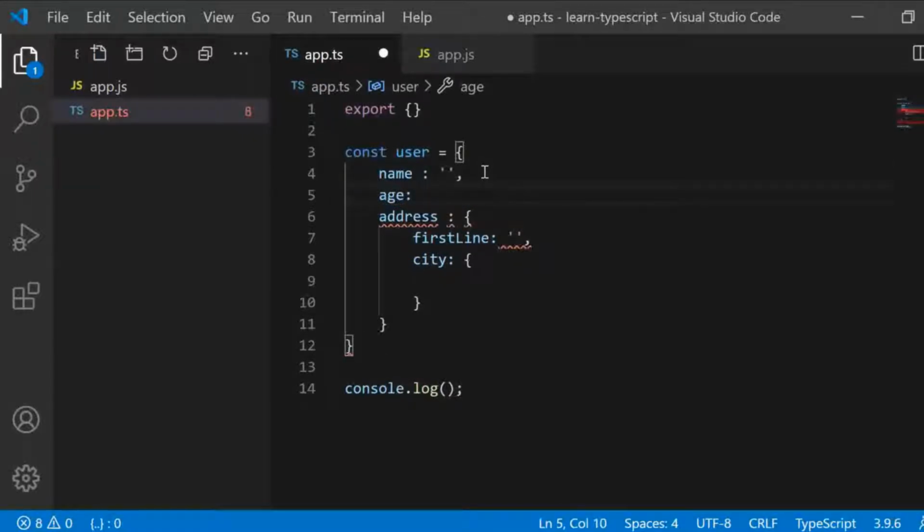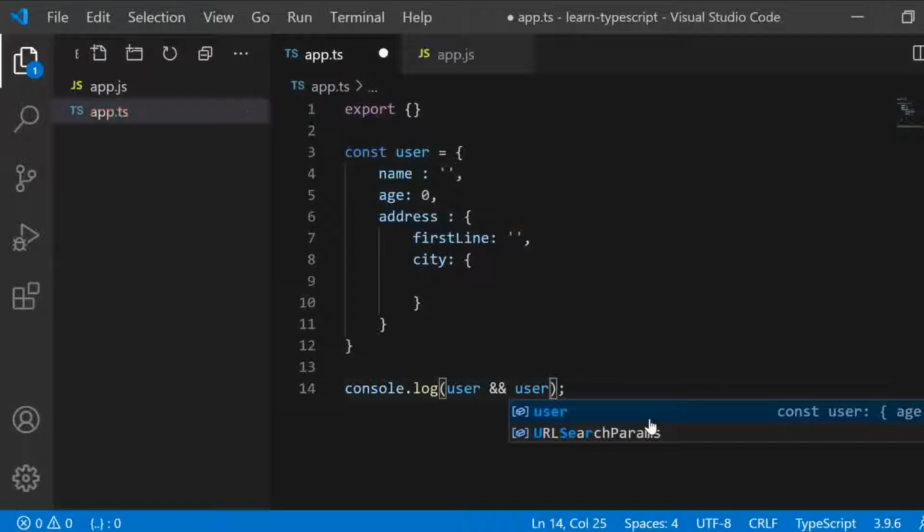If we try to print this object, you need to check first whether user is available or not, and then user.address. Imagine we try to print this first line here, so we need to check that address is available, user.address.